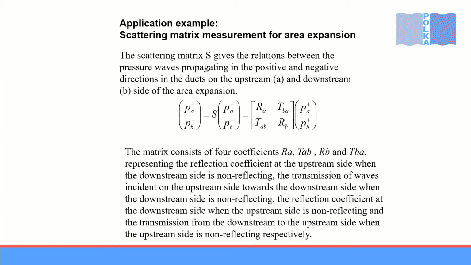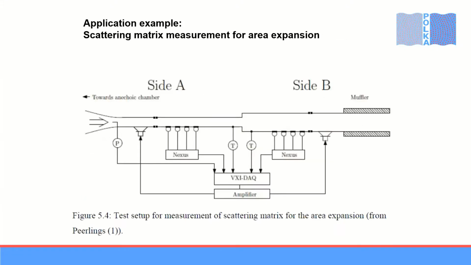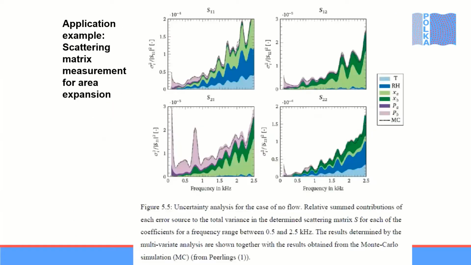So he did scattering matrix measurements on this configuration. The setup looked like this. So similar to what I showed before, just that he now also had microphones and temperature measurements on each side of the area expansion. There was also a flow coming. And well, this is a result showing